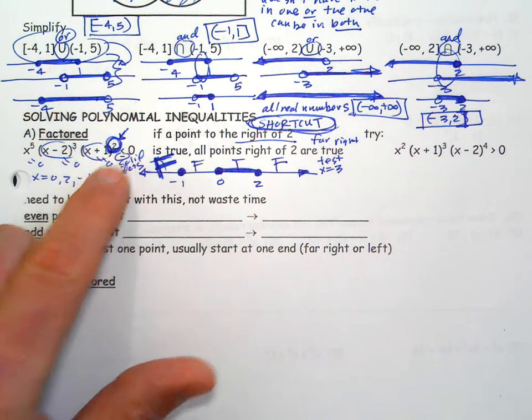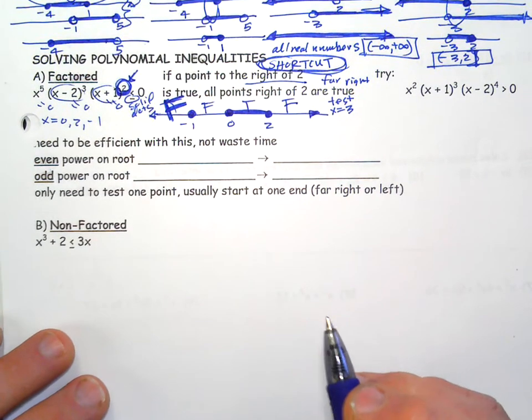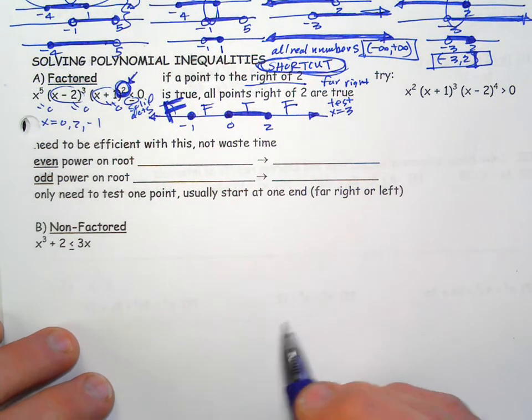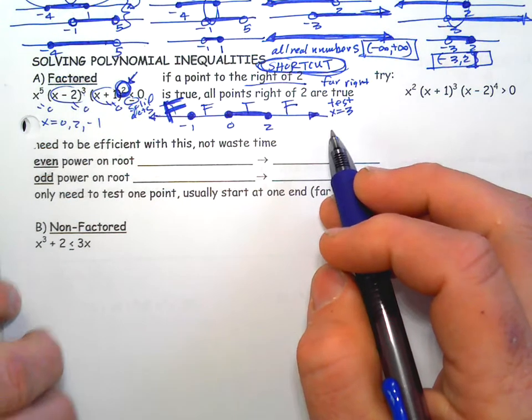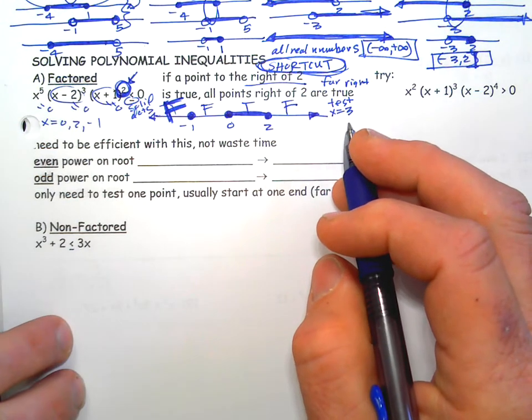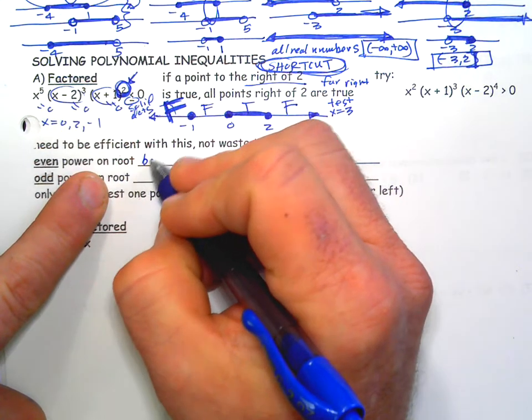If it has an even power, it's going to bounce off the graph. So we need to be really good at this because I guarantee we're going to be doing this all year long with more and more complicated things. But these line check ideas are very common, very useful, and we need to be fast at these, okay? So if it has an even power in the root, it bounces